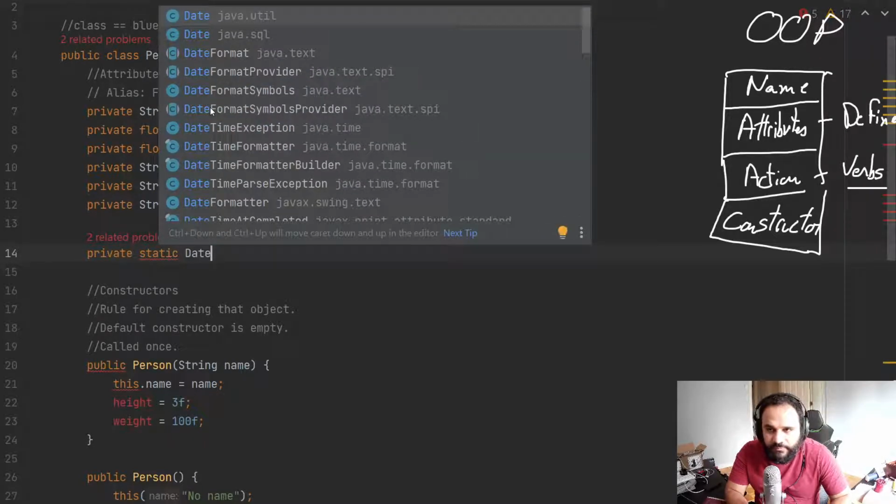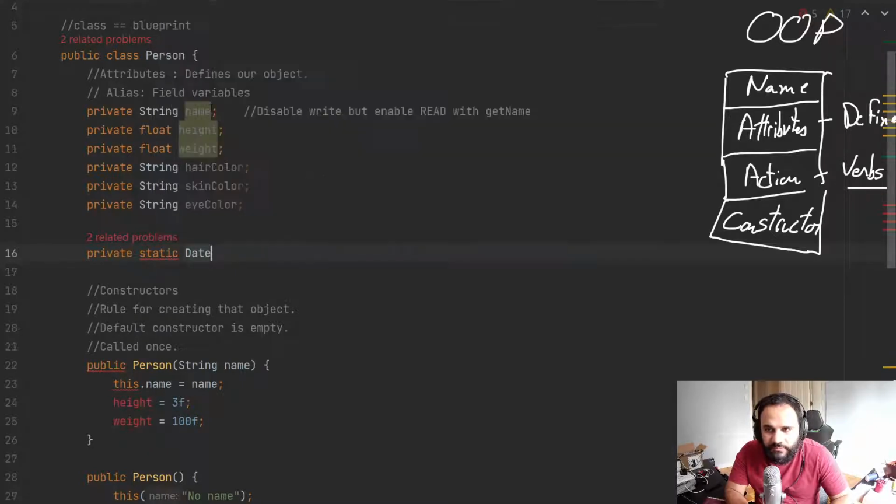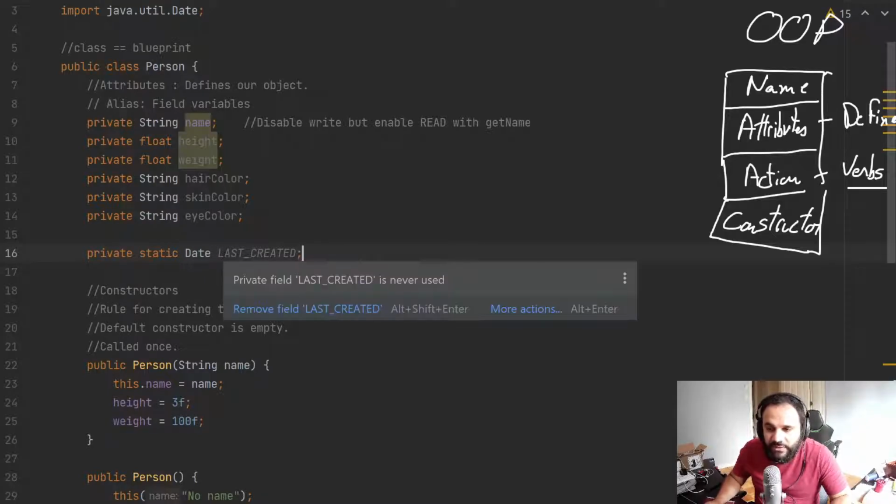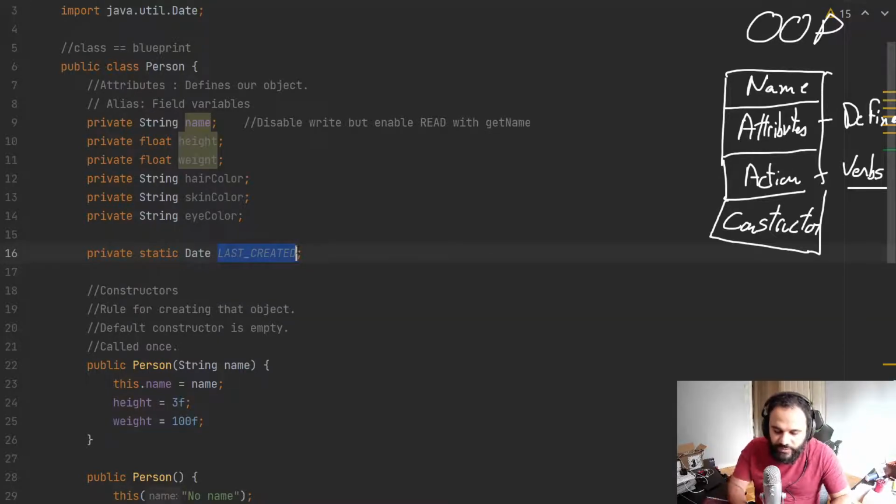a date. So I'm going to use the date object. As an example, a great example that's being used all the time is when was it last created, right? And we could put that inside there. Now, the only thing I would talk about here is, again, if it's not final, we don't really need this capitalization. It might vary from company to company, but because it's not final, we could just keep it as last